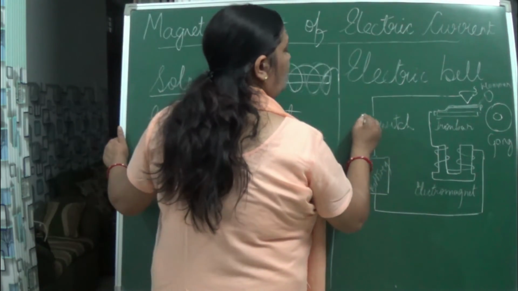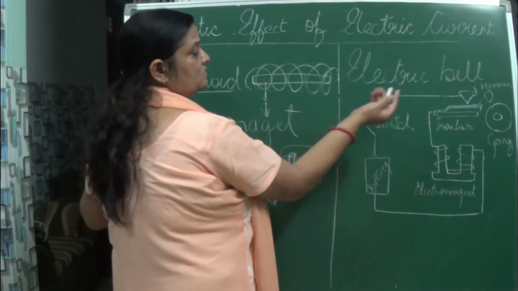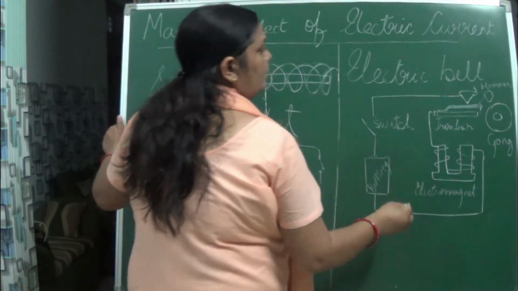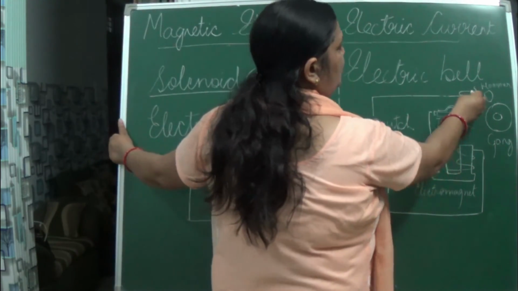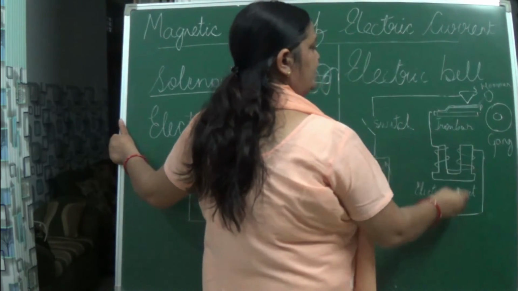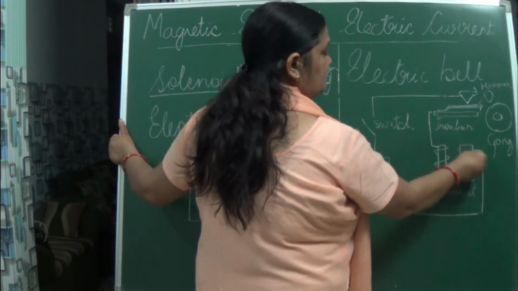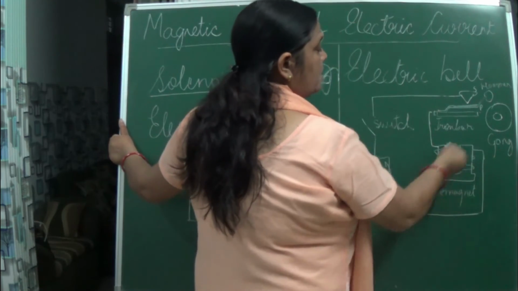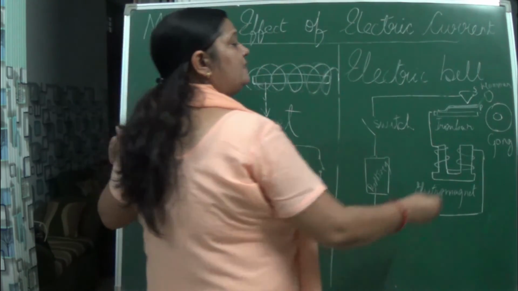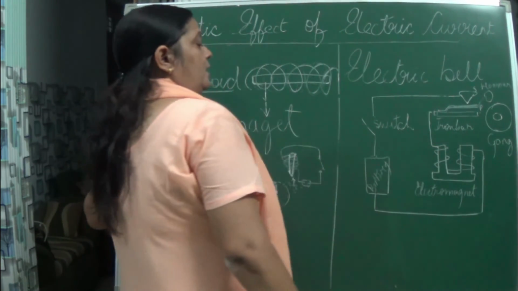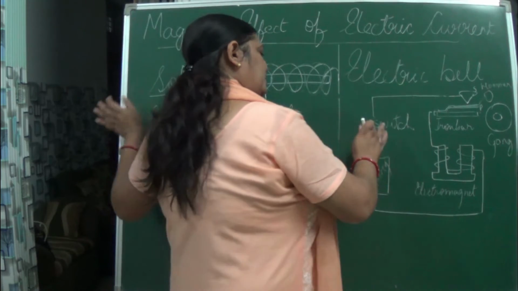Here is the switch, on and off. To open or close the circuit, a switch must be there. There is a screw, a hammer, and an iron bar, and here you can see this is also iron only, but it is wound with the conductor or the wire, and this is the gong. So here, what happened when the switch is